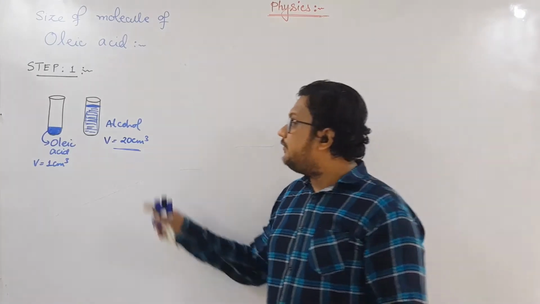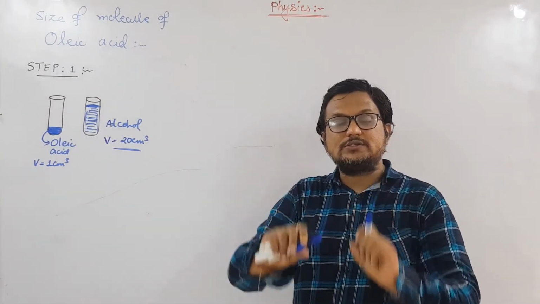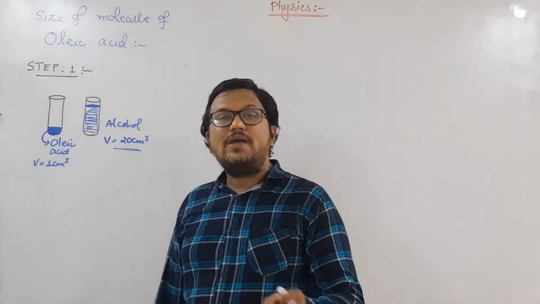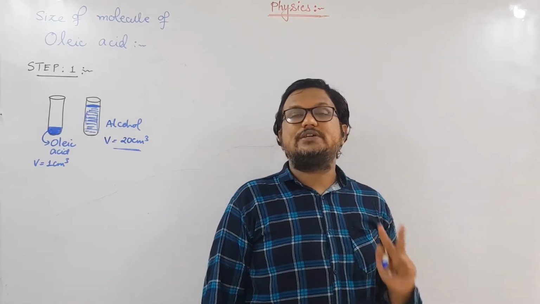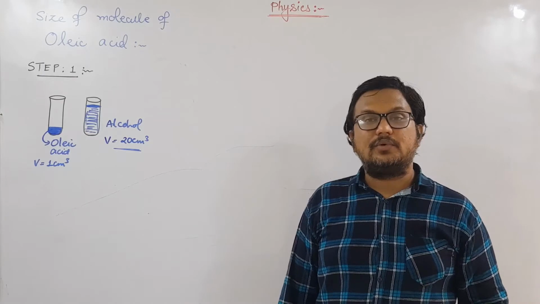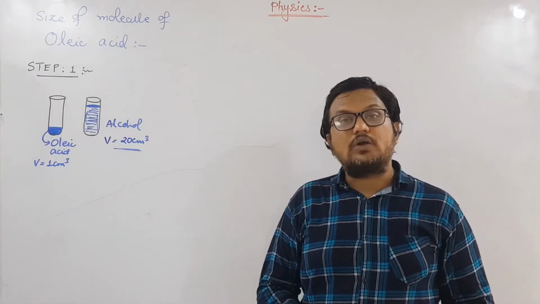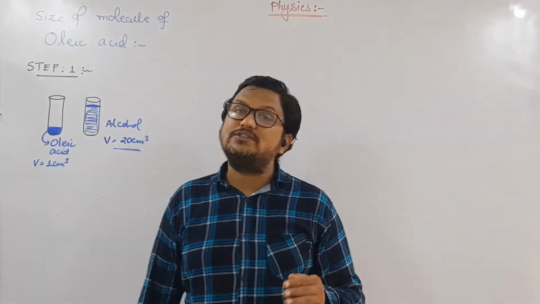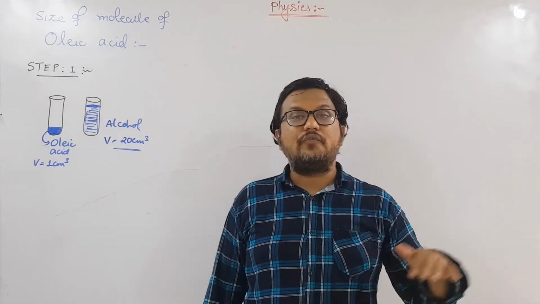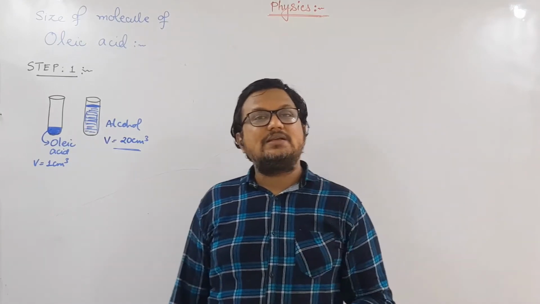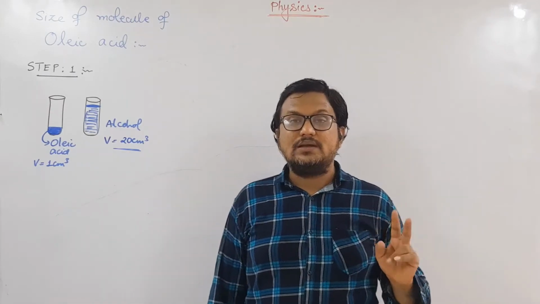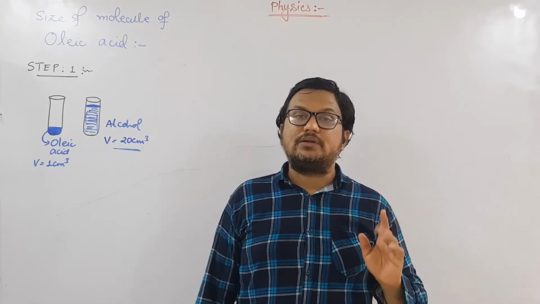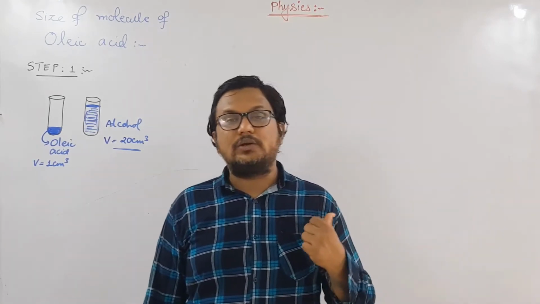Now what we are going to do, we will mix these two solutions into a container, into a beaker, you can say. Now here, why have we taken alcohol? There are two reasons behind taking alcohol for diluting oleic acid. We have not used water over here. The first reason is that the density of alcohol is less than water, so it will float on the surface of water. And the second is that it evaporates very quickly. When it is kept in air, it gets quickly evaporated. So these are the two reasons which we are going to discuss later on in this topic.